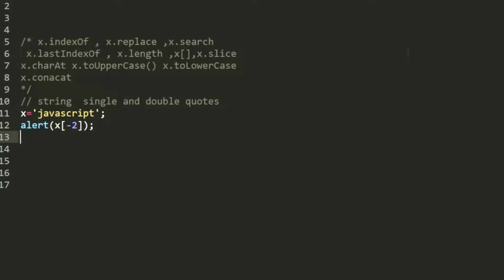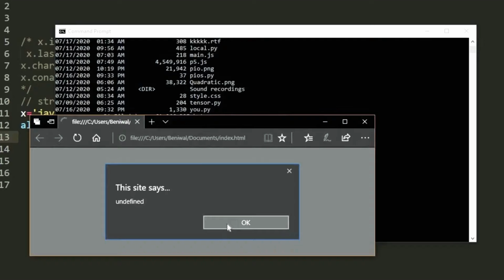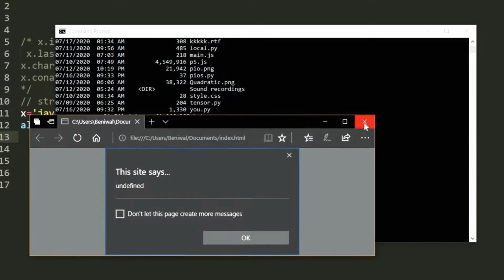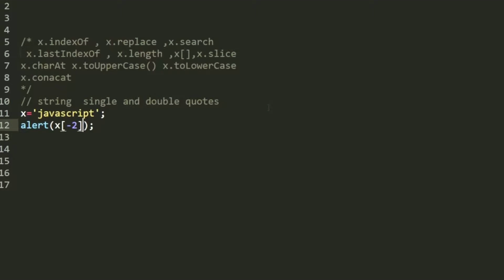So -2, and this returns me p. So explaining this again. As you can see, we got undefined. So why did we get undefined? Let me explain. We say -2, so -1 saying,